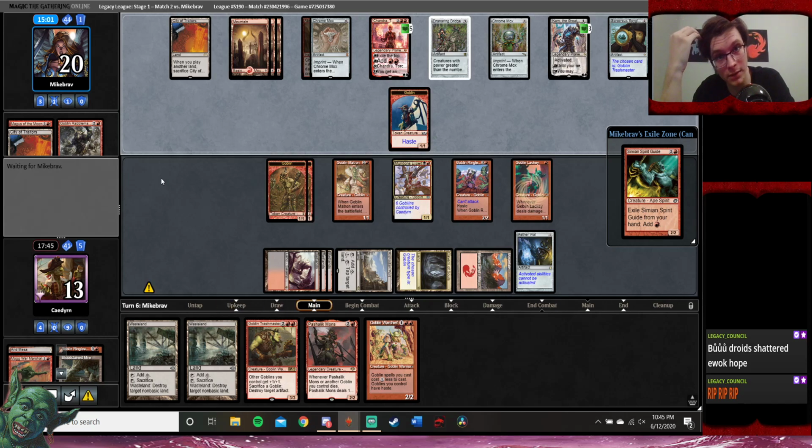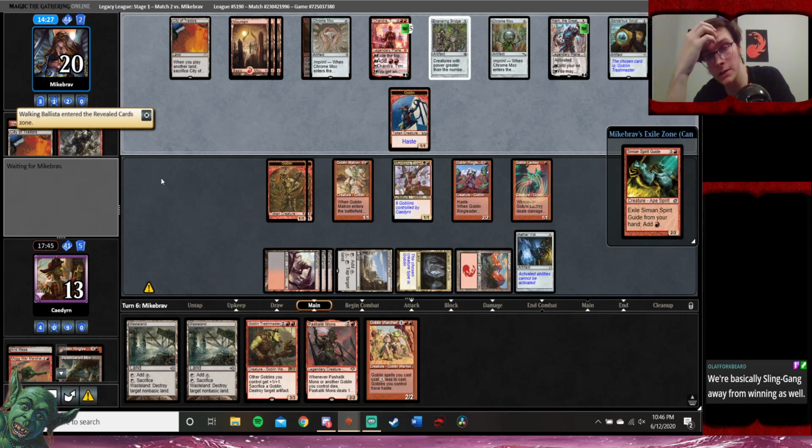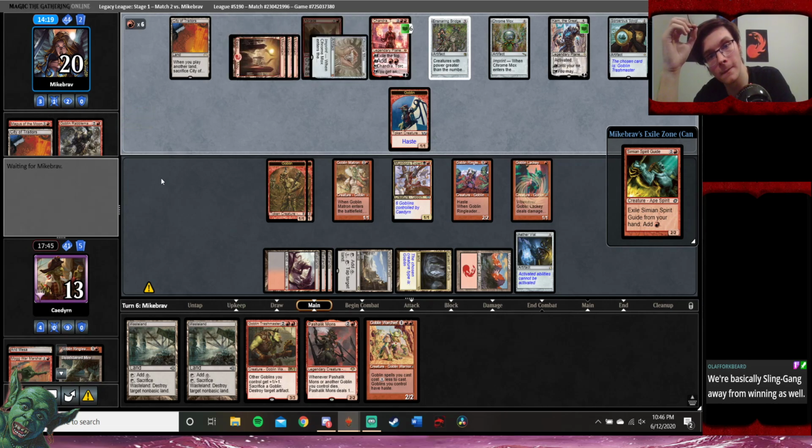Lattice Lock doesn't quite kill me. Right, because they have to keep the Ensnaring Bridge at 1 at all times. 1, 2, 3, 4, 5, 6... I guess with Chandra, maybe that's impossible for them to brick on Ensnaring Bridge. Oh, they go for Walking Ballista. Okay. I guess that's fair. But now I think we're okay. It's like a big-ass Ballista, but...